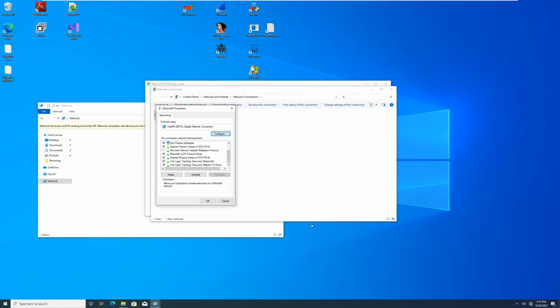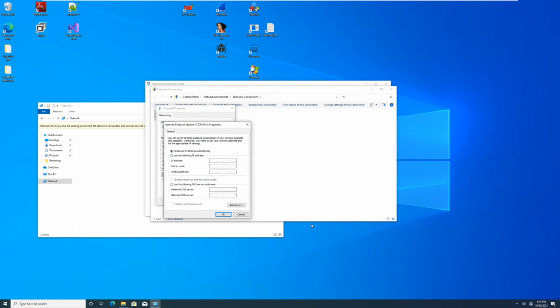So we're going to uncheck this IPv6 box. We don't want that to be on or enabled. And then we're going to click on this IPv4 box and then click on Properties. Now we're going to check this. We're saying don't use DHCP to get an IP address, use this static IP address. And we're going to assign this box 172.29.1.20 with the subnet mask 255.255.255.0 and the default gateway, pay attention here,